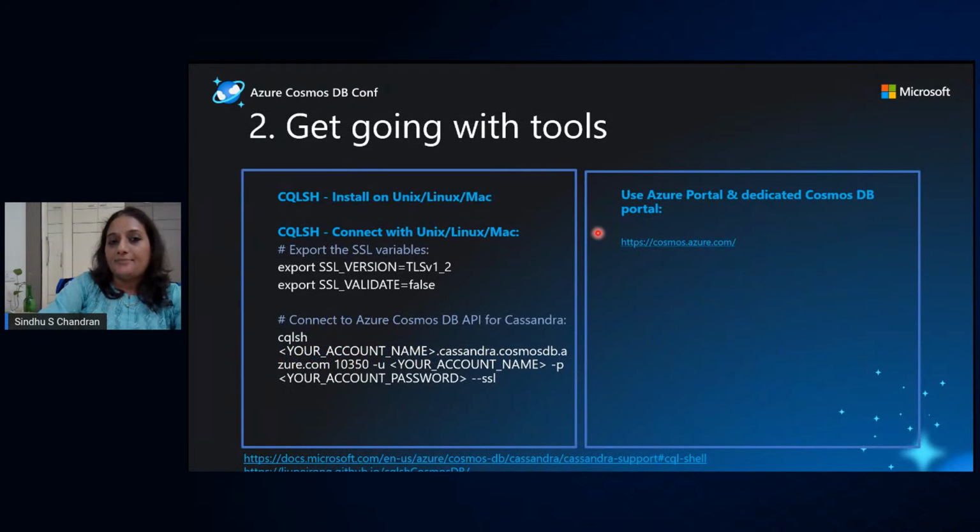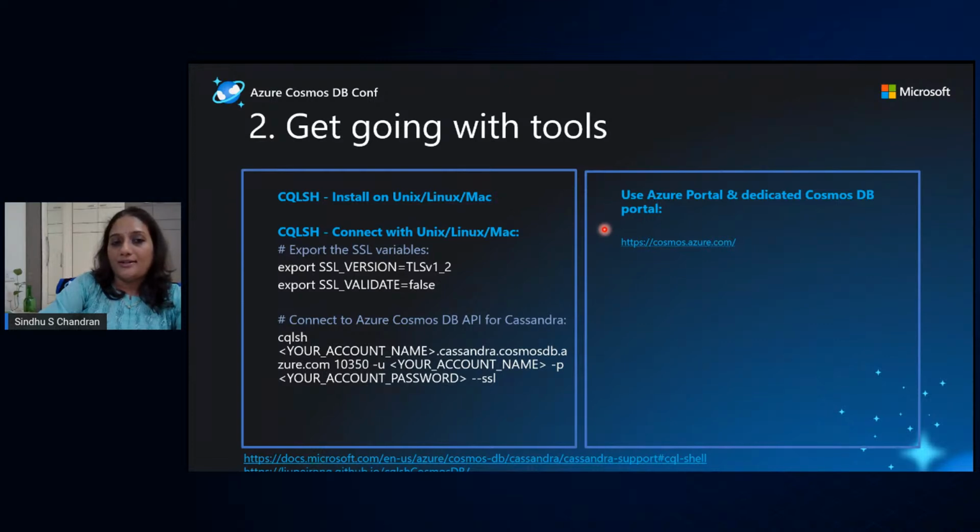And the next step would be to get going with the tooling. Here again, when you were on-prem, probably the CQL just came along and you might not have really bothered setting this up. Currently the Azure Portal does not provide the complete CQL tooling on the portal.